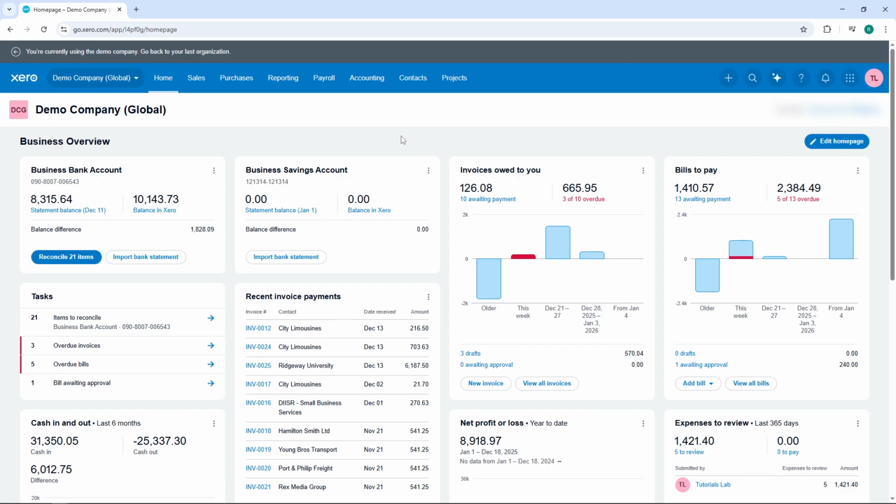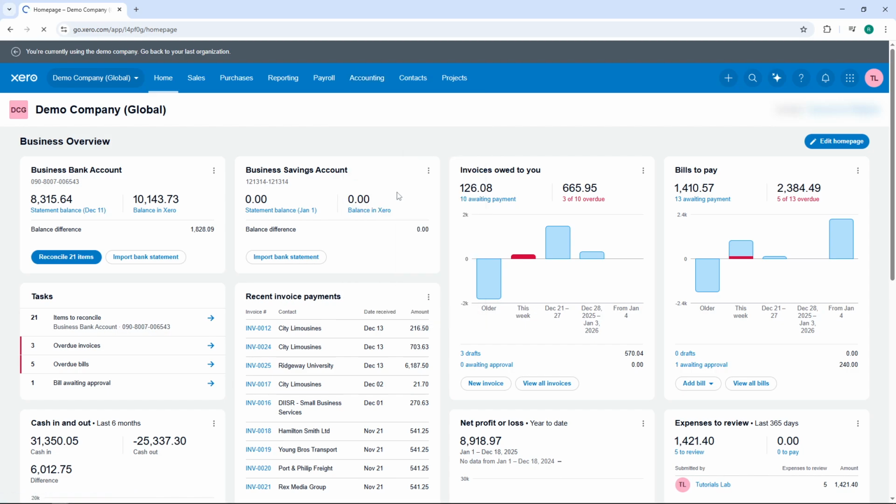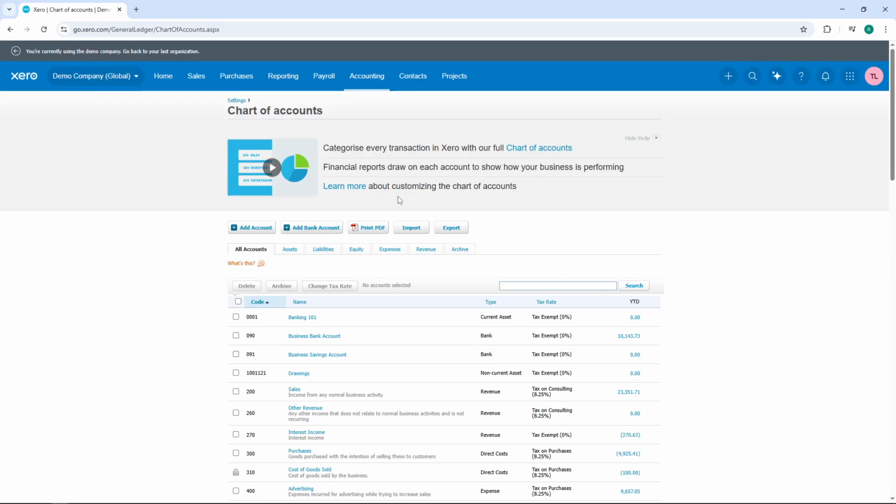After logging in, you'll land on your Xero dashboard. From here, open the main menu and select Accounting from the top navigation bar. This will expand a menu with several options related to your financial management. From this expanded menu, click on Chart of Accounts. This section is where all your account categories and codes are stored, and it's the central hub for managing your